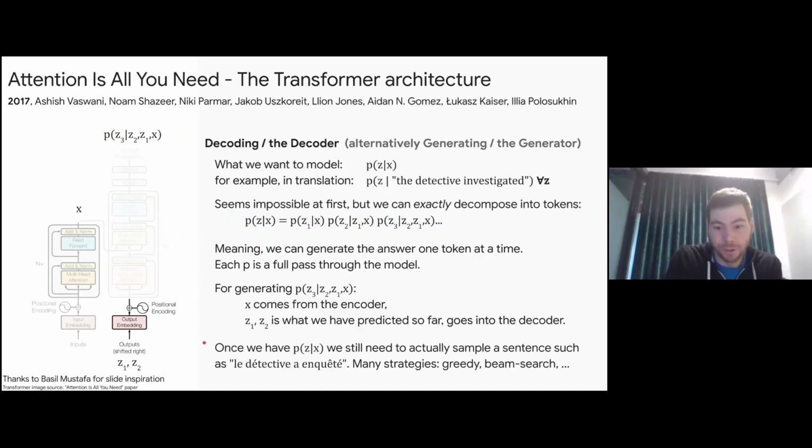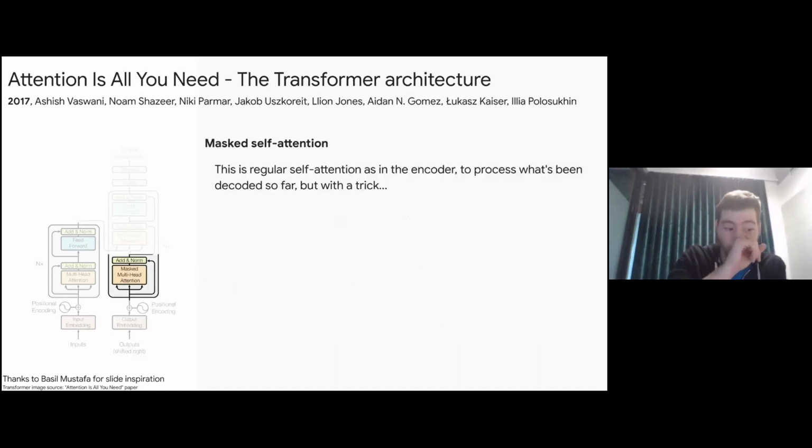All right, so if we can model this, then after one forward pass through the model we have our probability distribution, and we need to choose one of the tokens. We can take the most likely one, that would be greedy decoding. We can keep track of a few and try all of them later, and so on. These are decoding strategies. There are many. I'm not going to go into detail. Just think of taking the most likely one, and then doing another forward pass with our context X and the token we just picked, and then we get the distribution over the next token, and so on. Okay, this is how the decoder works at a high level.